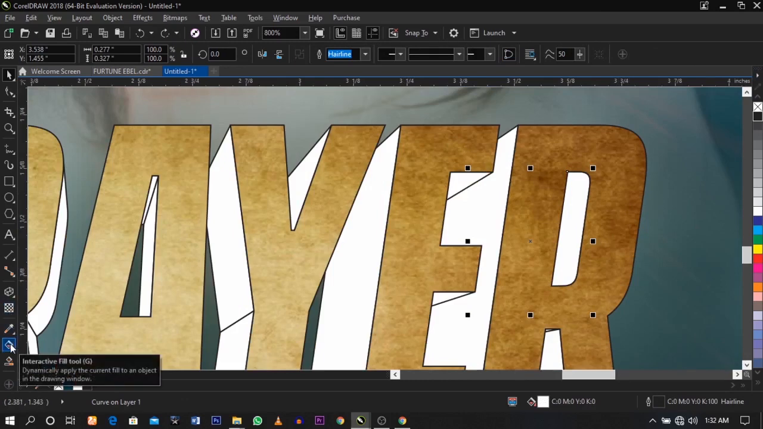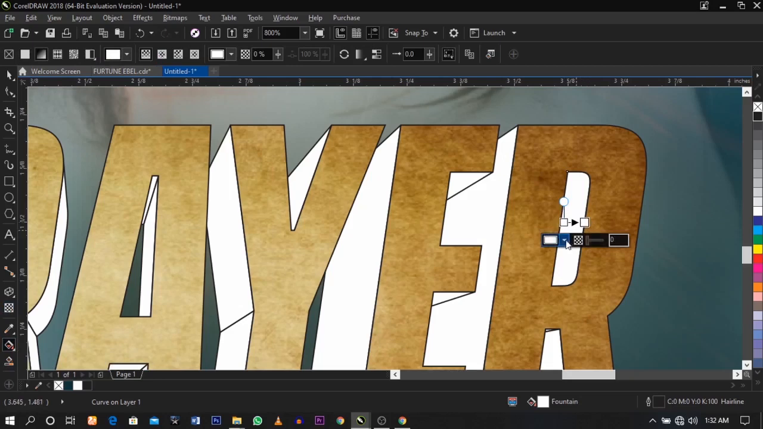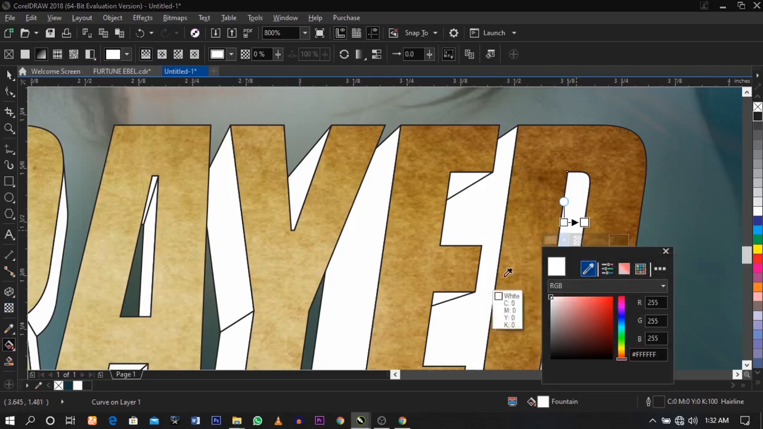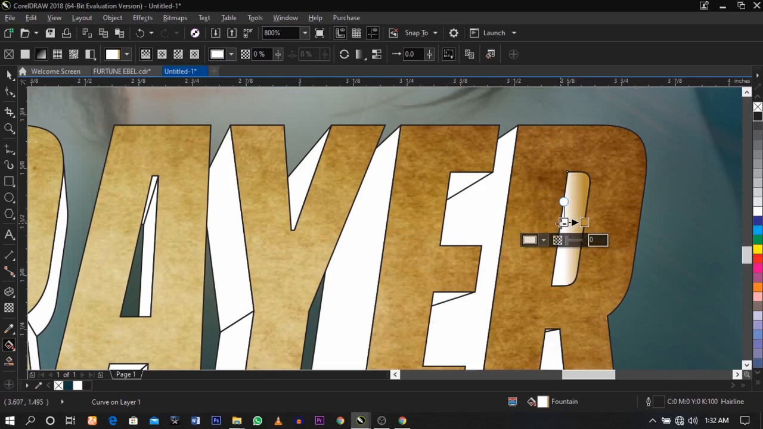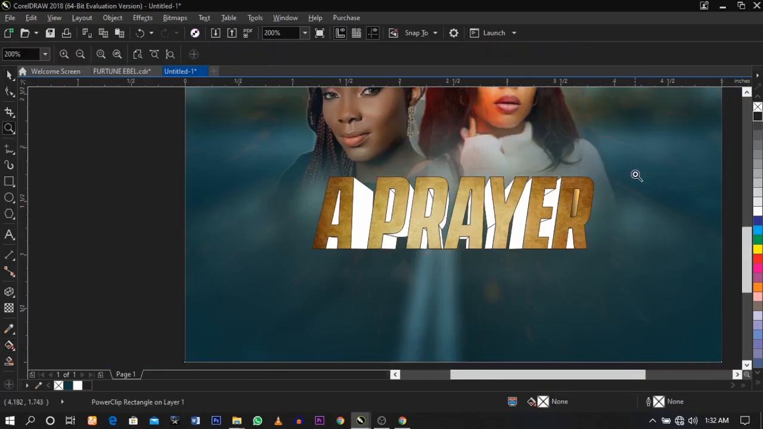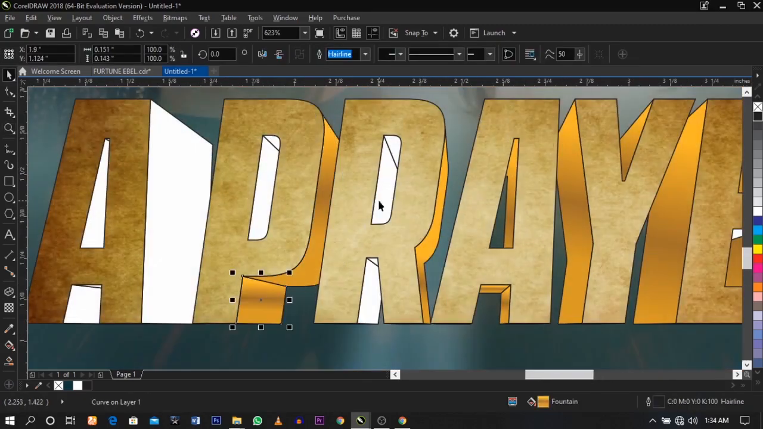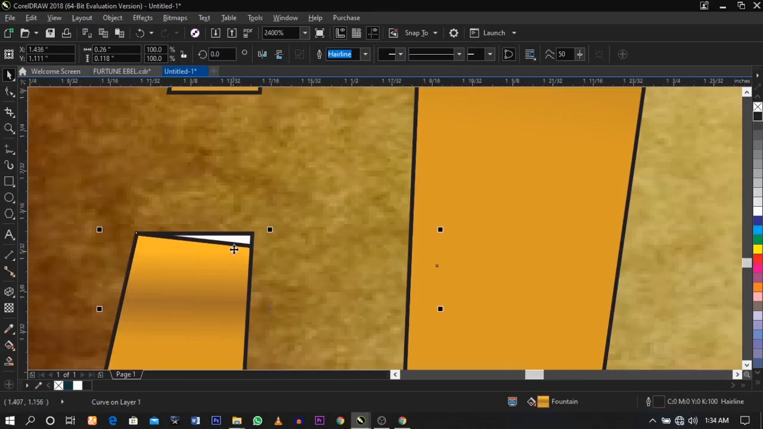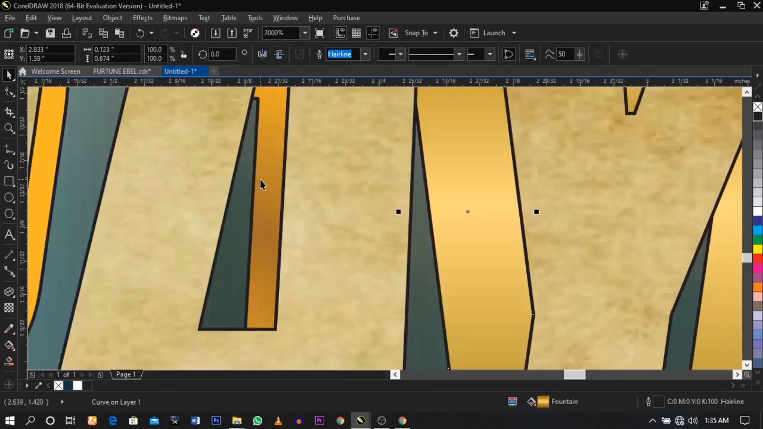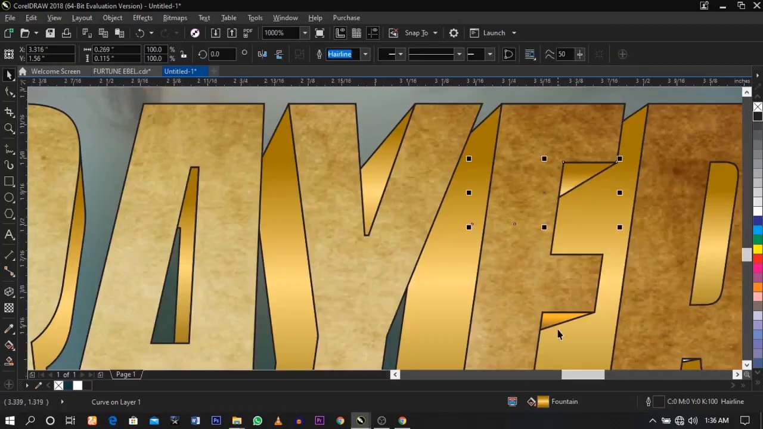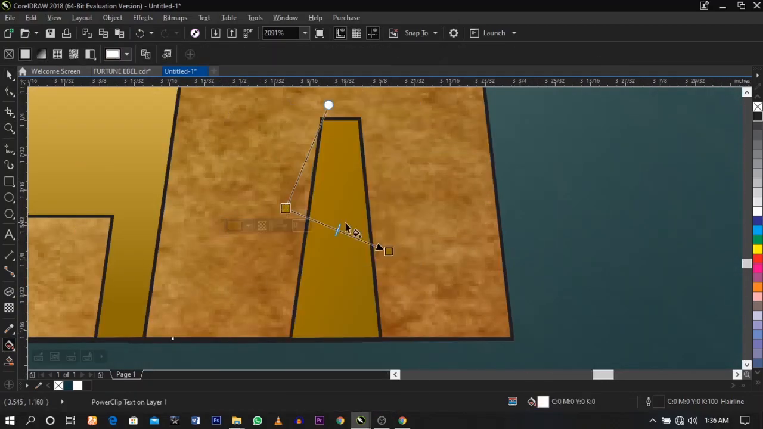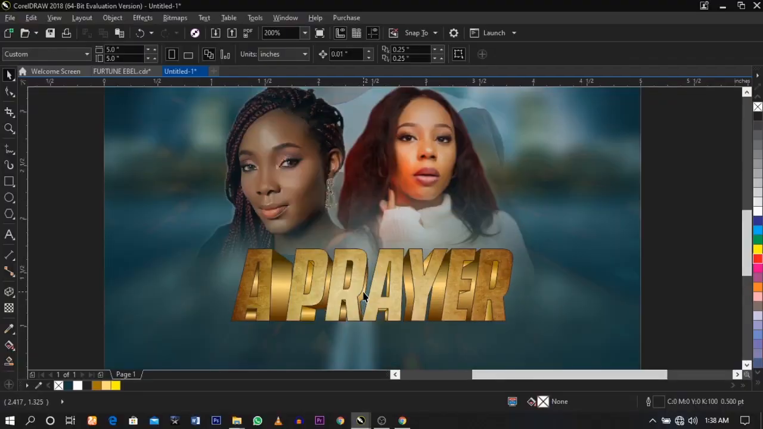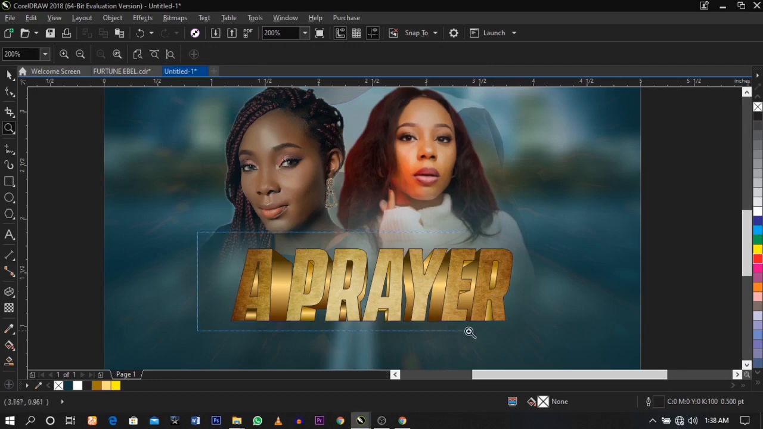So select your interactive fill tool. Select your eyedropper tool. So I'm going to pick a color inside this text from the background here. Alright guys, so this is the final. Thank you for your patience, and the next thing we're going to do now is